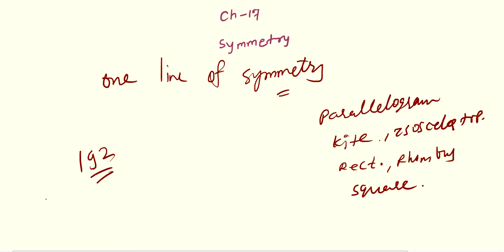Okay. And as you can see, the line of symmetry over there, and they are dividing the particular figure. Okay. Then what about circle? In a circle, infinite number of symmetry lines are there. Then what about semicircle? In semicircle only one line of symmetry is here. Okay, this is your semicircle and only one line of symmetry you are having like this. Then what about quadrant? This is the quadrant, fourth part. So in quadrant also you are having only one line of symmetry.